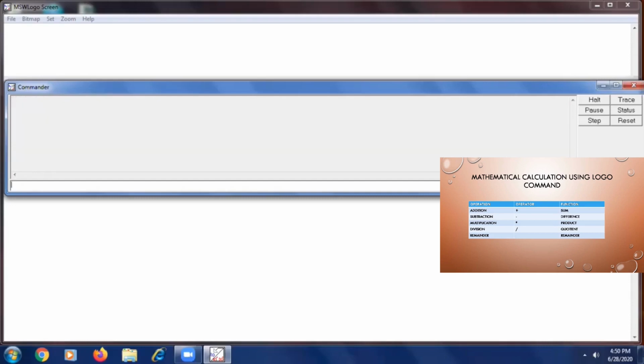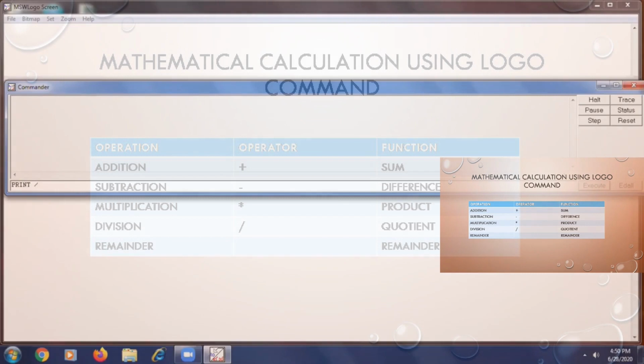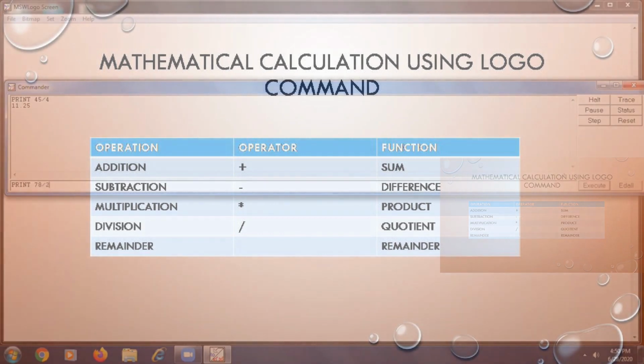In the same way we can do division. You need to remember that the division symbol is slash. So we can do 45 divided by 4, 11.25, or 78 divided by 2. This slash is called the division symbol.